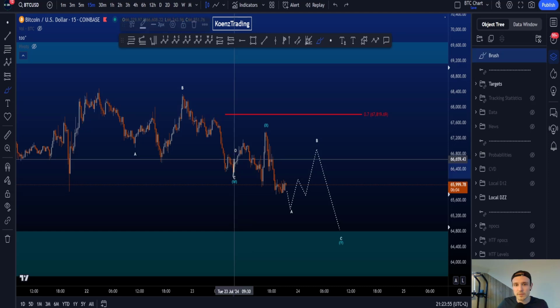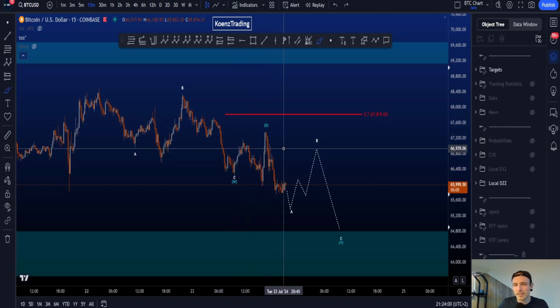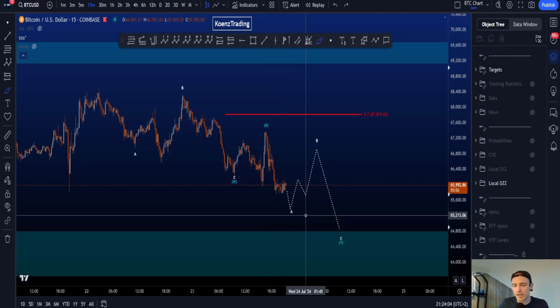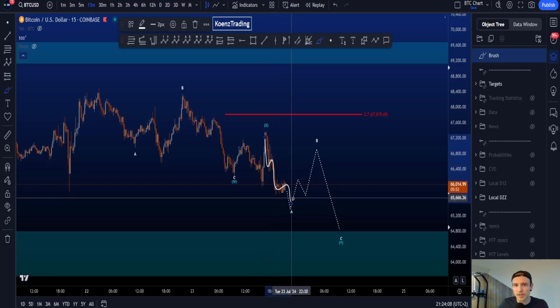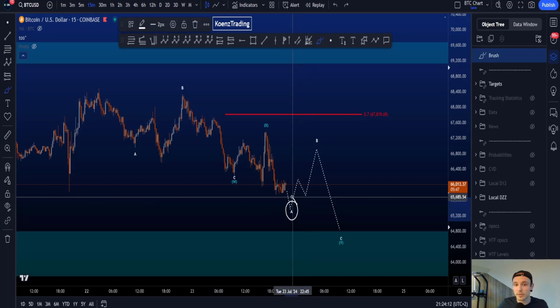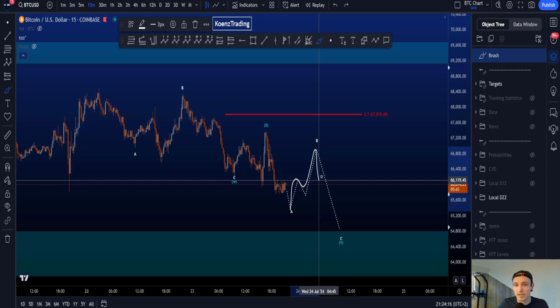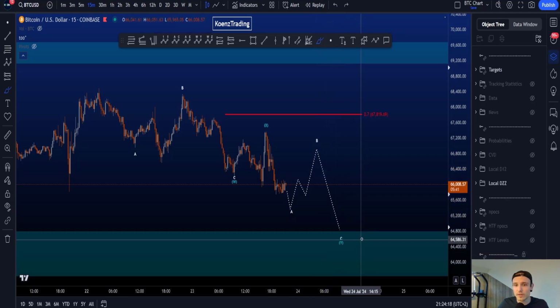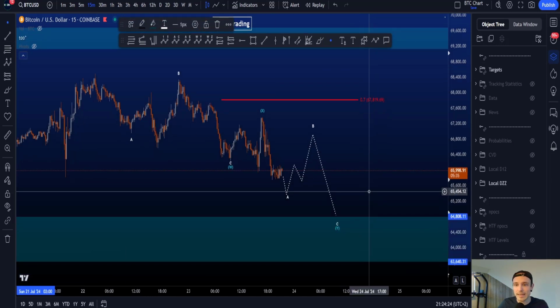If wave X is finished, we can count a flat structure here inside wave X. And I say if wave X is finished because it depends a little bit on the range locally. If price moves to the downside in this range, we can count a 5-wave move to the downside and then label it a potential wave A. Look for a 3-wave B to the upside and another 5-wave to the downside to hit the bigger support area that I have below price here between 64.8k and